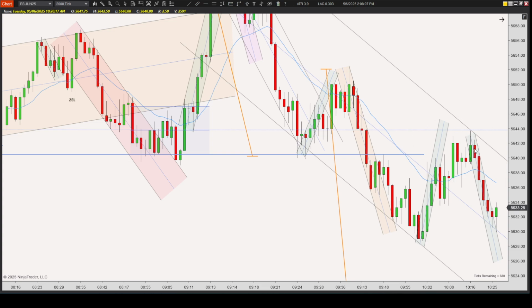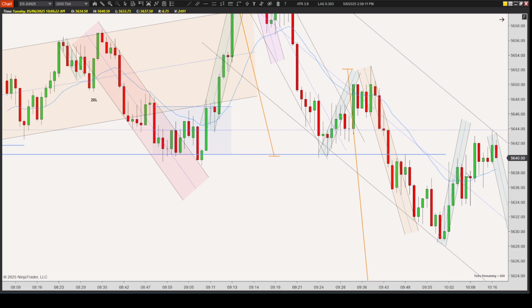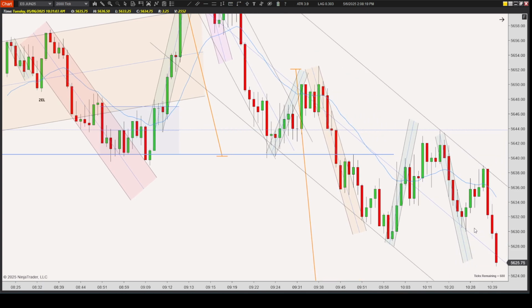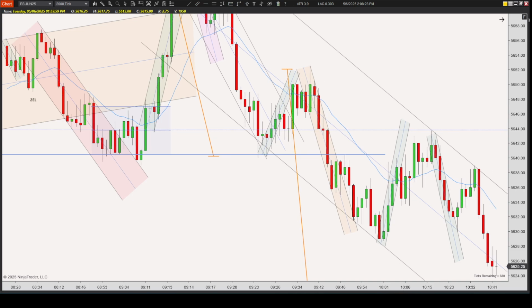I'm sitting on my hands. Then you got another inside bar here. So seeing this in real time, I'm not thinking going short. I'm not thinking of going long. I'm just kind of not smart enough to really know what's going on. So I'm sitting, pushes down. It's a new low here. It's a first entry, and that's all you get. And it continues moving downwards.